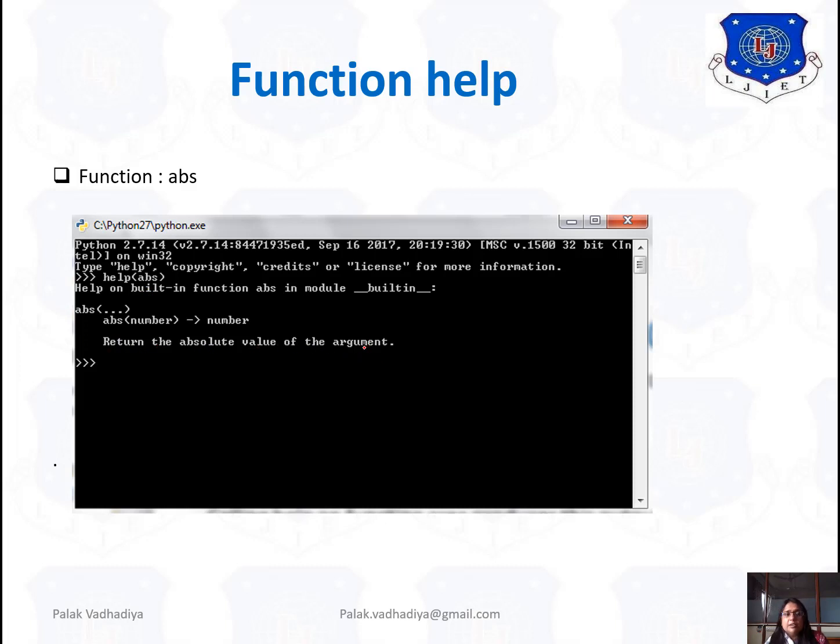And this number and number is known as a type contract. That means inside this function you have to write numbers. That number can be an integer or a float. Here also it can be an integer or a float. That we will discuss in detail in this session only.